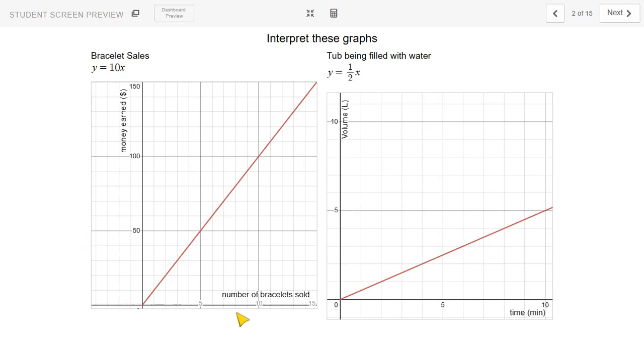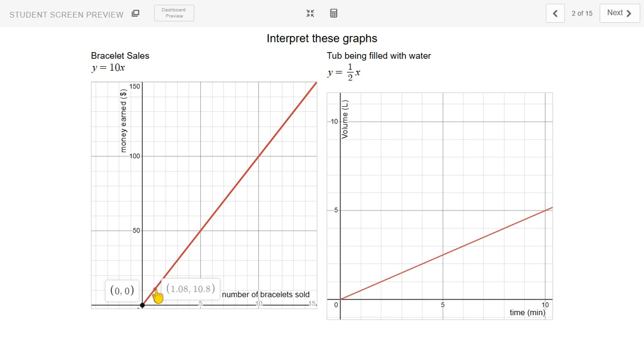Let's look at these graphs. In this graph, it's representing bracelet sales. For every bracelet that's sold, you earn $10. So if you sell 0 bracelets, you're going to make $0. Next, if you sell